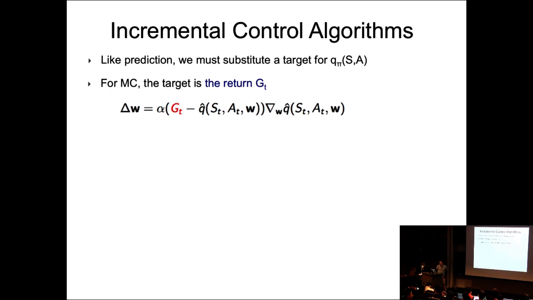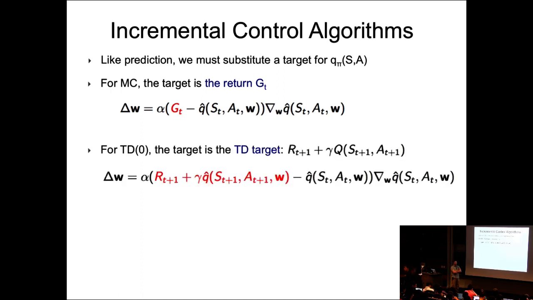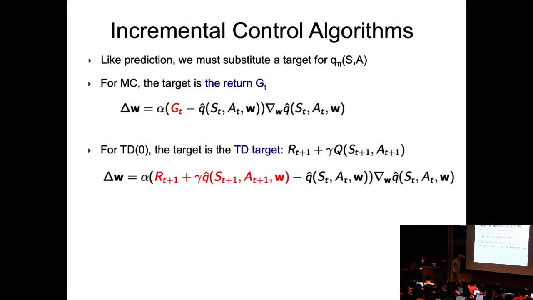Incremental methods and control. Just like prediction, we have to find what the correct target is. If you look at the Monte Carlo method, it has the exact same equations as we've seen for the value function. Very simple. You're basically running the network up until you obtain the reward, and then you take the gradient. For TD(0), for TD learning, the target value again is R_t plus the Q of the next state and action. That's the Q function. And you change the parameters using this expression here.